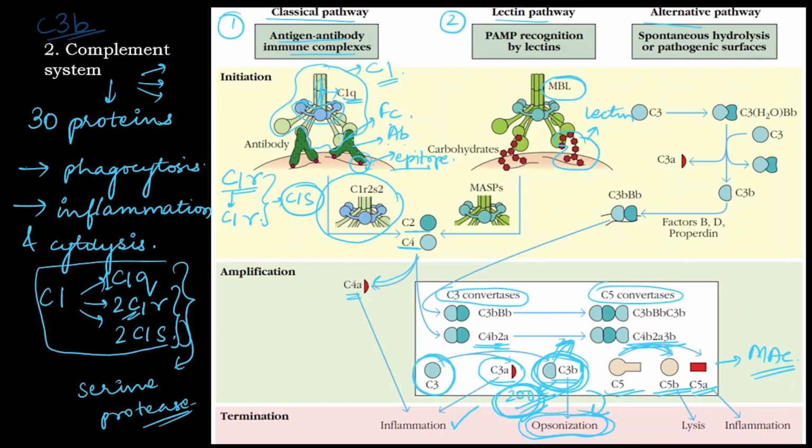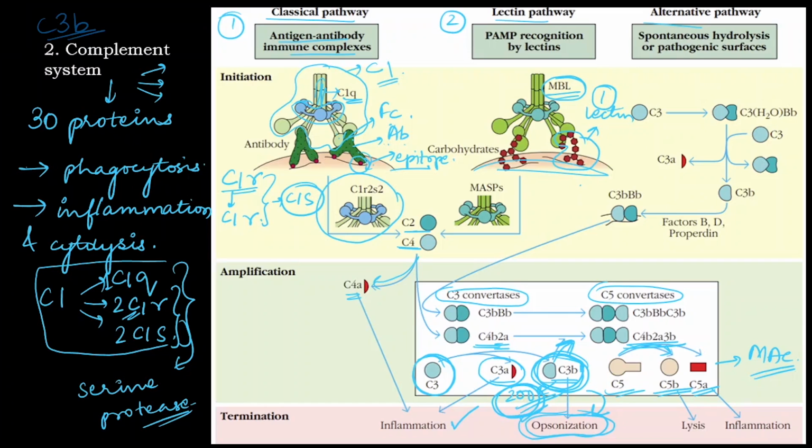Lectins are the proteins which recognize the carbohydrate molecules present on the microbial surface. So this is the microbial surface, and it has carbohydrate molecules which the lectin will recognize. So here, instead of antibody, lectin molecules are present for recognizing the microbial surface. So the first difference is lectin, and then instead of the C1 molecule, here again the MBL molecule is present, mannose binding